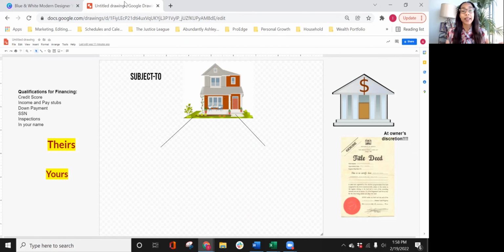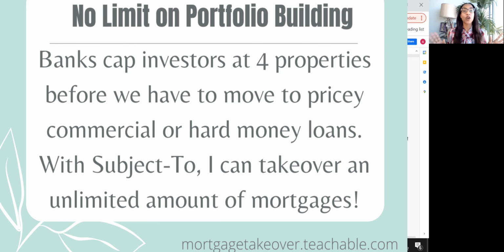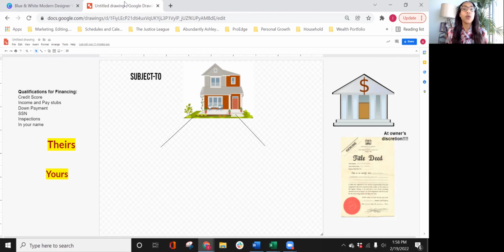A lot of times banks stop lending to us once we get our portfolio so large. And so we have to find other ways to acquire properties without using our own money. This is perfect for you. And I also have recently seen a lot of tenants using this, tenants who want to buy the property that they're living in from their landlord, and they're just trying to figure out a creative way to do it. Of course, there are tons of other ways to use this, but just for illustrative purposes, let's keep it simple.